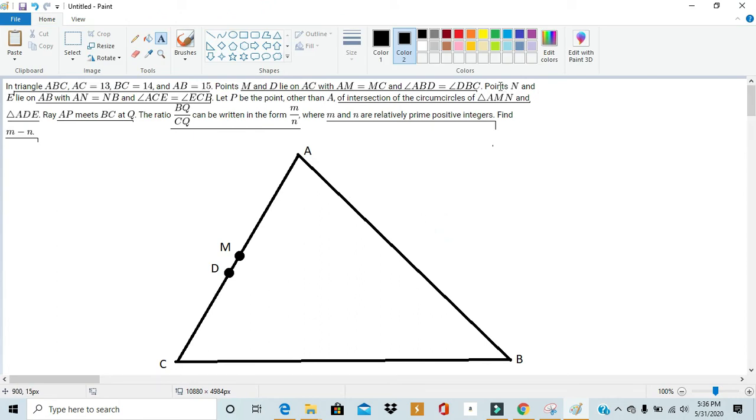Next, we got to do the next line in the instructions. Identify a point N such that AN is equal to NB, so the midpoint of side AB, and identify a point E such that angle ACE is equal to angle ECB. So basically the intersection of the angle bisector from C with side AB. First, we can identify point N quite simply just by finding the midpoint of the segment. So let's just do that first. Next, since it said that angle ACE is equal to ECB, we can once again use the angle bisector theorem to determine whether point E would be above or below point N. Well,